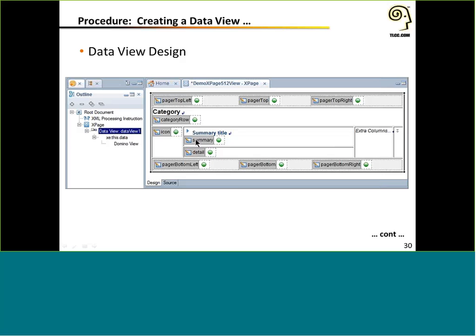But really what we're going to focus on here are the summary and the details, because this is the primary content of the data view. And as I had mentioned, you don't want to make use of a lot of extra columns, because as you can see here, the extra columns actually take space away from the summary and the details. So if you're customizing your detail section, or if you have a longer summary, the more extra columns you have, the less space you're leaving yourself to customize those other sections.